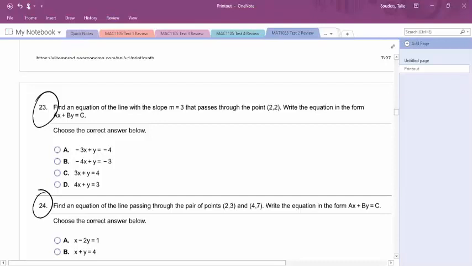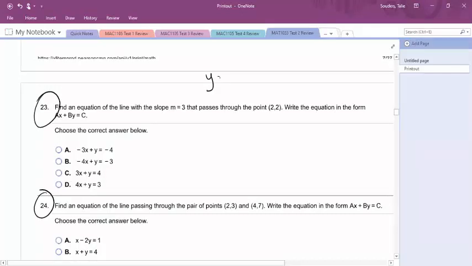Okay, this next problem is going to take a little bit of work. It says find an equation of the line with the slope m equals 3 that passes through the point (2, 2), and it would like you to write your final answer in standard form, ax plus by equals c. However, we most likely cannot start in standard form. We also cannot start in slope-intercept form. Let me explain why though, because this sometimes